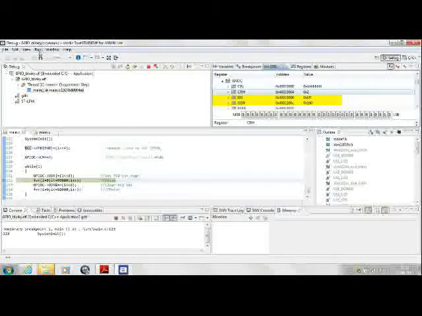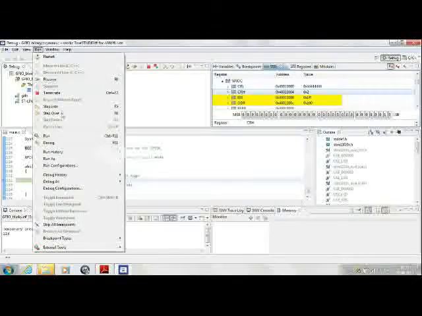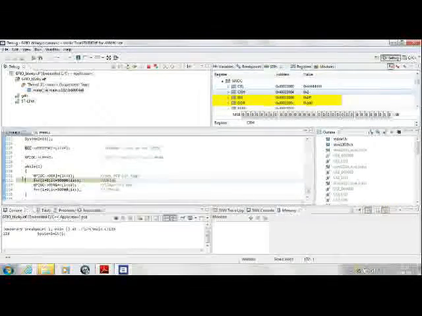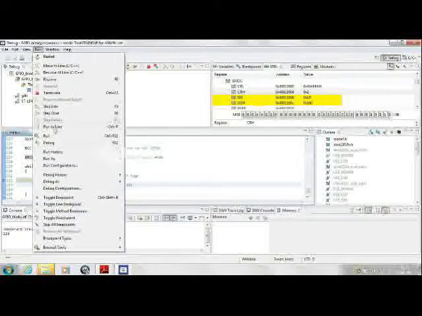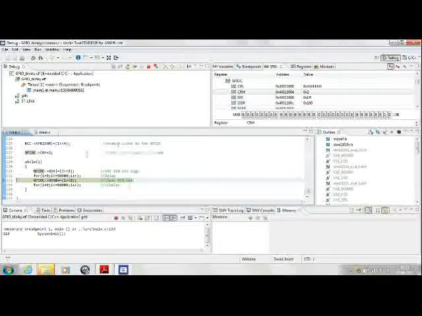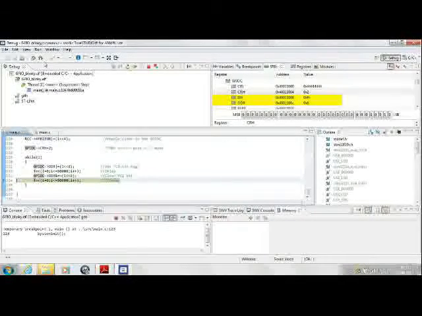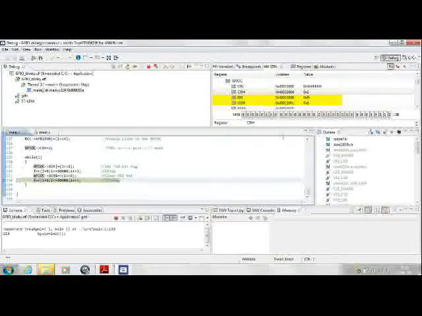Then there is a delay, I don't want to execute that, so I'll just say go to, click on this line, the next to it, and say run to line. If you just step into again with function F5, your LED will now be closed and another delay will be present. Hence we can see that the yellow markers in this window show the values that get updated.